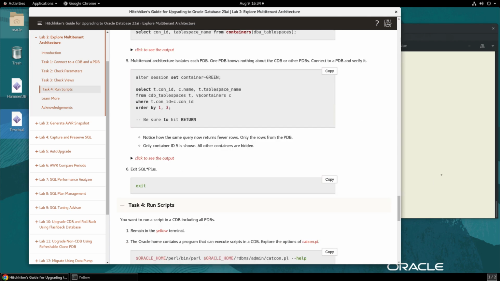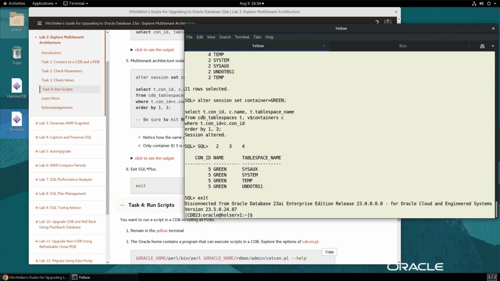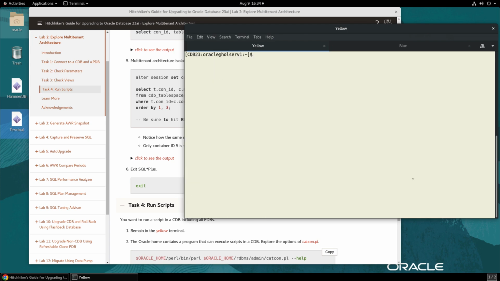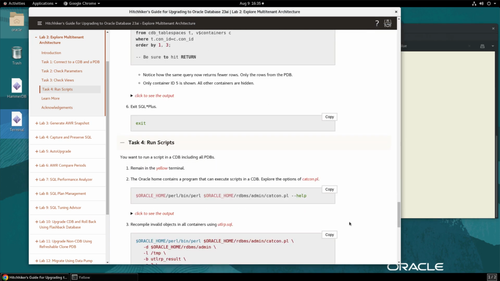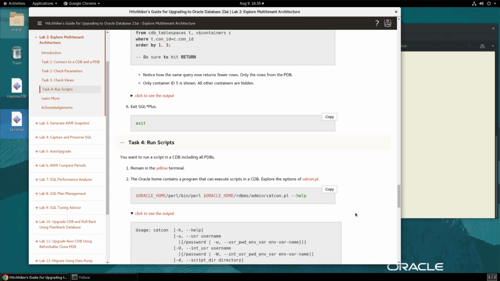So let us now exit SQL+ here and go to the next exercise. We want to run a script. And what we are going to do here is we use a very powerful vehicle to execute scripts. And this powerful vehicle is called catcon.pl. So catcon.pl is also something we use. When you do upgrades or when you patch or whatever, underneath the covers, we use catcon.pl and catcon.pm, the